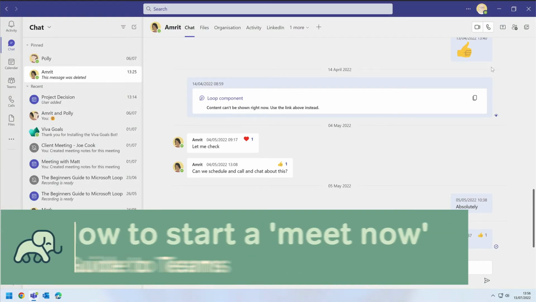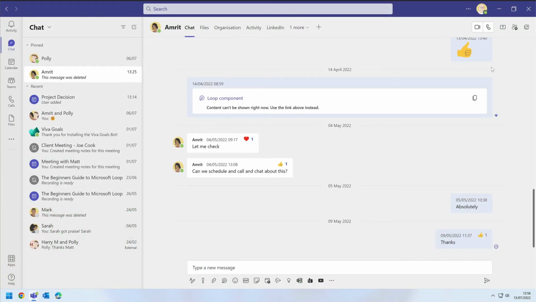Meet Now is a type of meeting that you can start from the Teams calendar. You'd use it for ad hoc meetings that you wanted to start straight away. So this is handy if you don't have time to schedule the meeting. To start a Meet Now, go to the Calendar app in Teams,